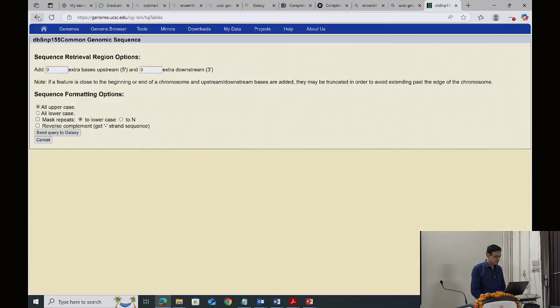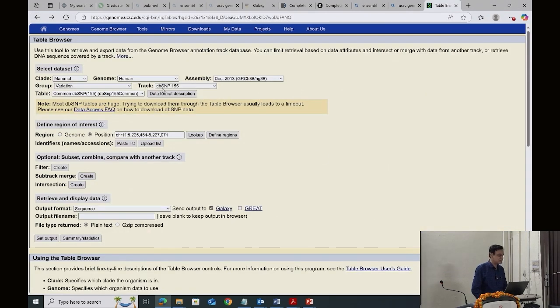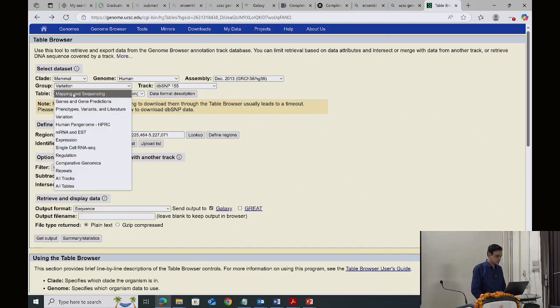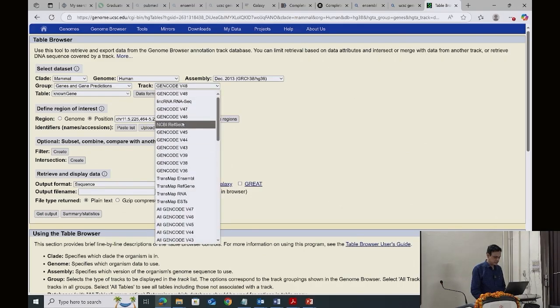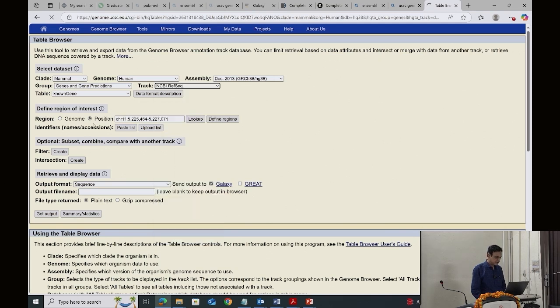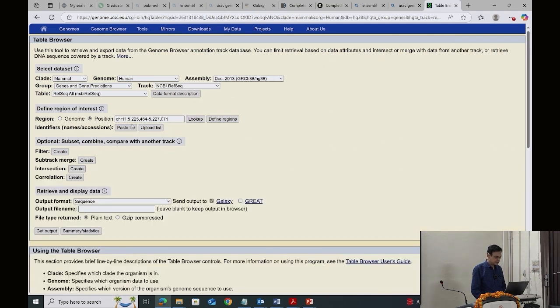Okay, so okay, oh no, so you will have to change because it all came pre-populated with, because we want to get the sequence of the gene, so you have to change the group to genes and gene predictions. Okay. So look at the top, it should be clade mammal, genome human, assembly HG38. It is about gene, so group should be genes and gene predictions. And if you want, you can change this to RefSeq, and it's okay. That is also okay. So NCBI RefSeq, and then position. So it came pre-populated with the coordinate of the beta globin gene,